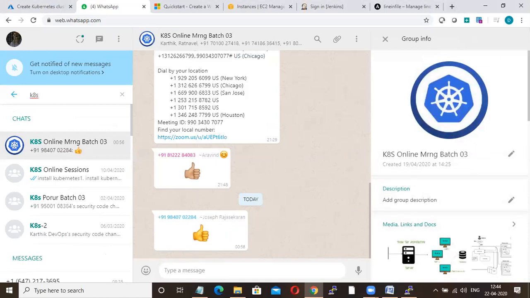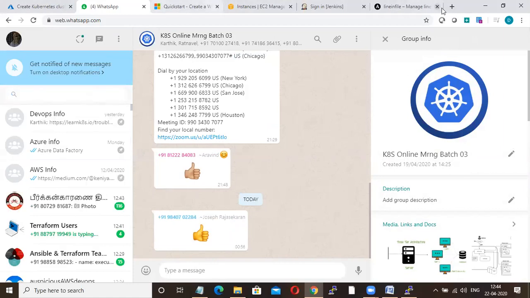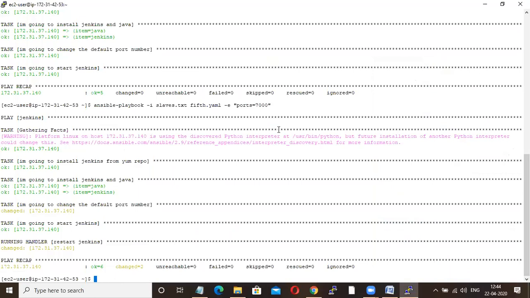How many sessions will Kubernetes take? It is not covered in our sessions, because as I said about Docker also, I cannot teach Kubernetes in 2 or 3 sessions. Kubernetes is a very big concept, and it is an advanced version of Docker. Some people feel Docker itself is a little tough, and if I teach Kubernetes, that will be overloaded. So we have not included it in the syllabus.